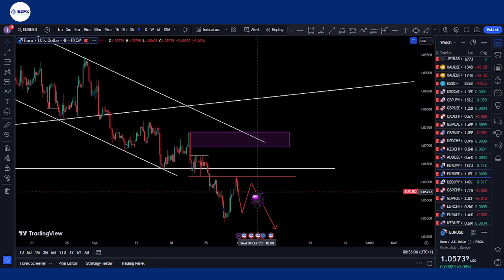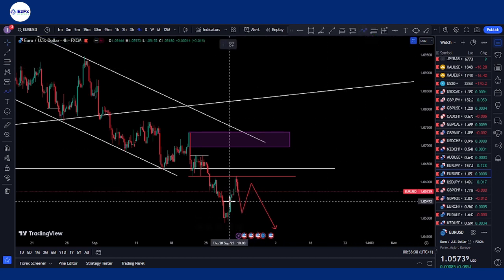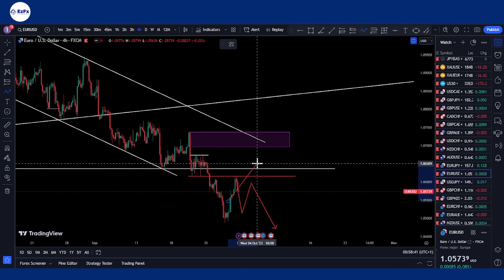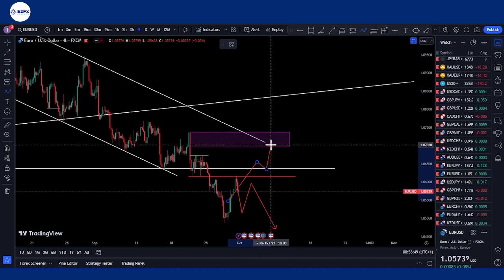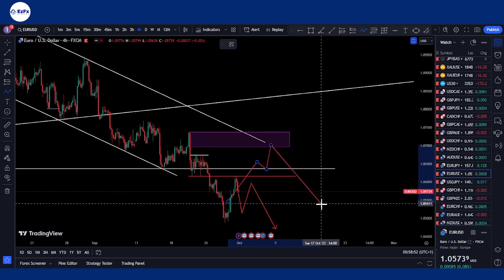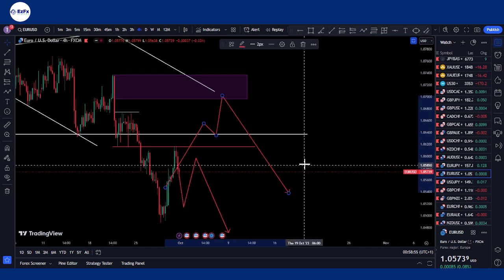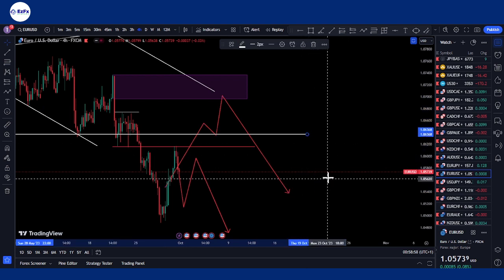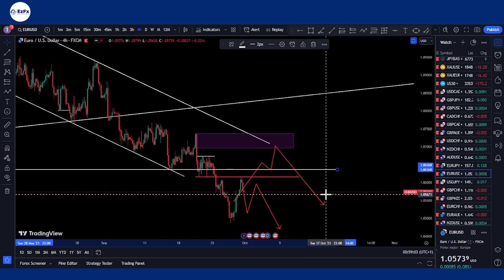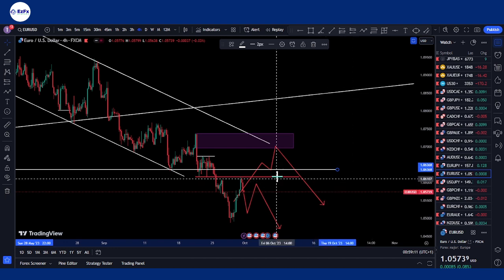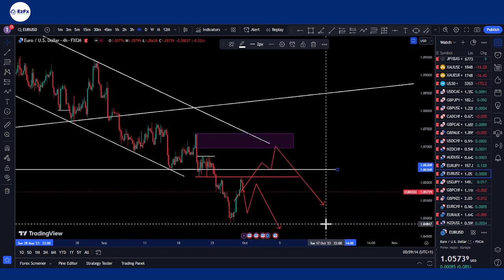Now, just to be careful, if we get to see price breaking above this point, then just as I said for GBP, we might get to see price coming into this previous zone that we marked earlier, and then we get to see price fall. This line is around 1.06368. If we get to see price breaking above that line, then very much so we should just be expecting price to get up into the zone, and then we get to see our sell.